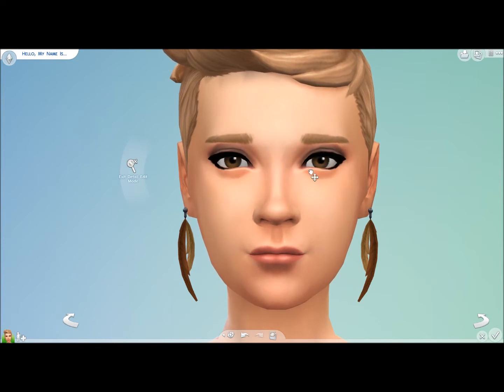Let's see if we can't bring this down just a little. I think I took it too high up. There we go. Drag the inside down again. I think once we fix the eyebrows, it'll look a little better. But for now, we're going to leave the eyes there. Let's go ahead and work on her eyebrows. We're going to back up